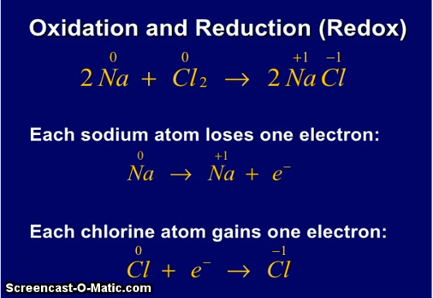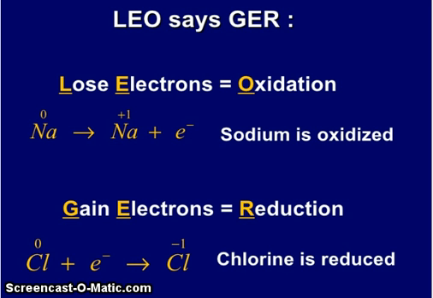Oxidation and reduction: you see sodium 0 and chlorine 0 forming Na+1 and Cl-1. Each sodium atom loses 1 electron, each chlorine atom gains 1 electron. Very simple. LEO says lose electrons oxidation, and GER, gain electrons reduction. Just remember,